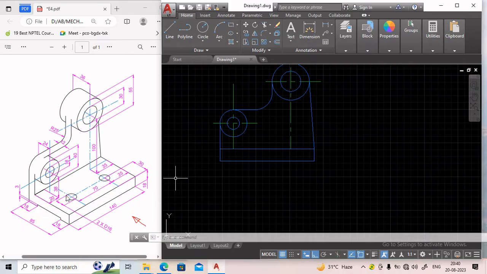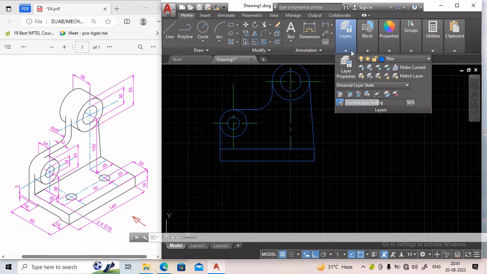The holes cannot be seen when we see from the front, but their hidden features, meaning the hidden portion of the holes, can be seen. So we need to locate those holes. The center point of the holes will be at a distance of 35 mm from this edge. That means from this edge also it will be at a distance of 35 mm. So to draw the holes, we will first draw the